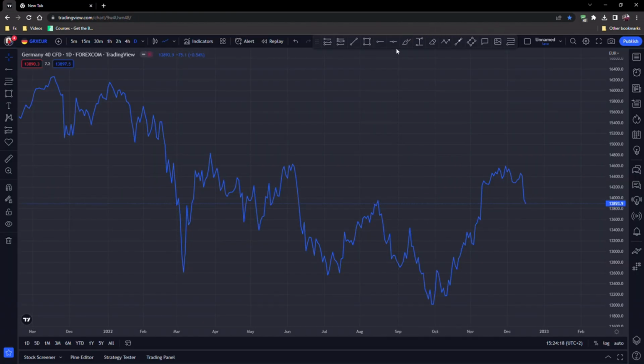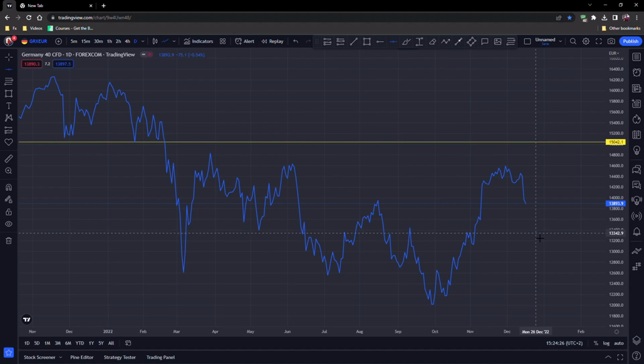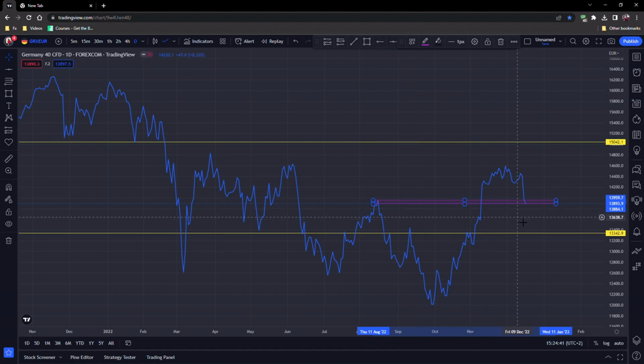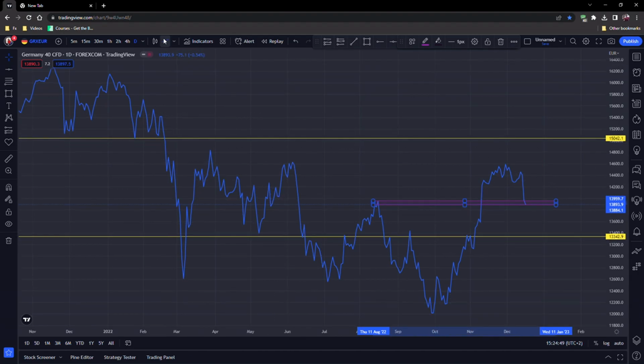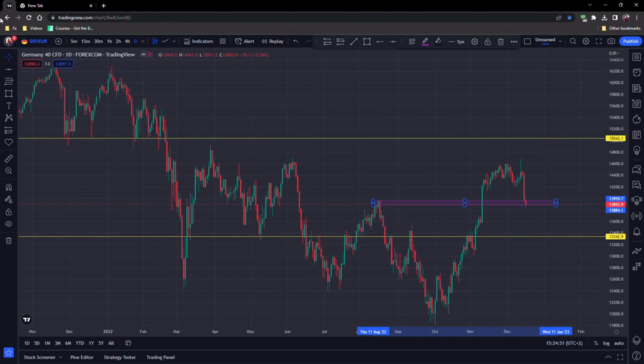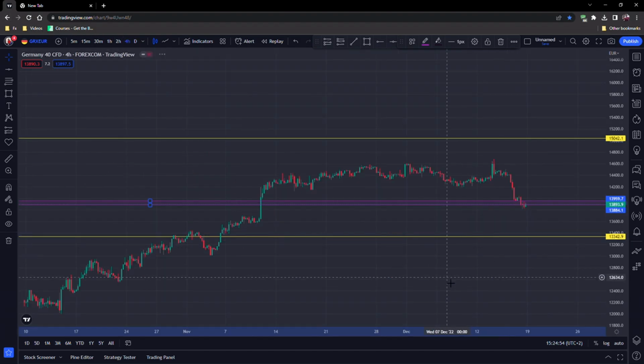Looking at Germany, and again we can plot our weekly high and we can plot the weekly low. That's our weekly high and weekly low. And on the daily time frame, you can see where the market is currently at the moment. That's a strong support area, right? You can see that the market did play around in those areas. You can see also in the past, it was also a strong support area where the market did turn at, right? So now if you go forward on the candlesticks,